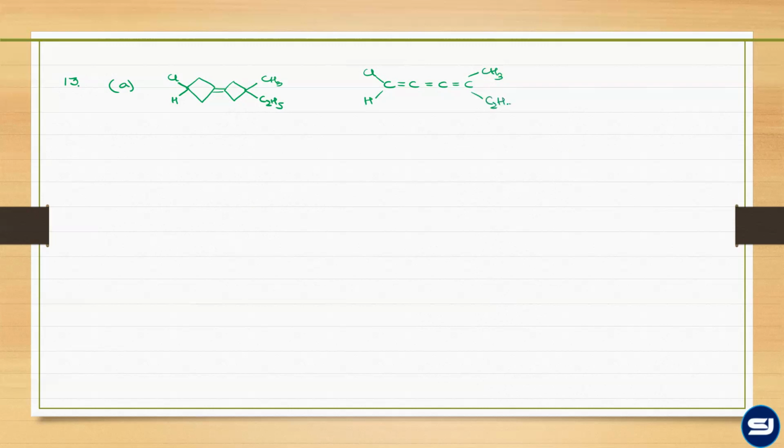And whatever concept I had discussed in cumulene applies to the compound having a cyclic and double bond combination, or 3 cyclic combination, or 1 cyclic 2 double bond. Any combination, it's similar to cumulene. So what was the conclusion for cumulenes? Cumulenes with odd number of double bonds show